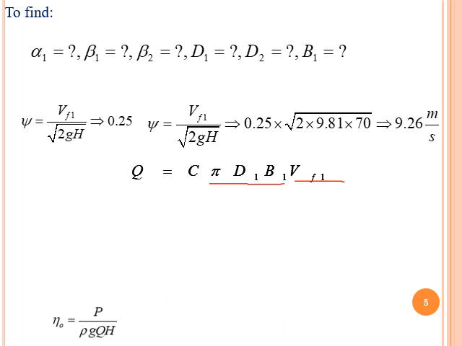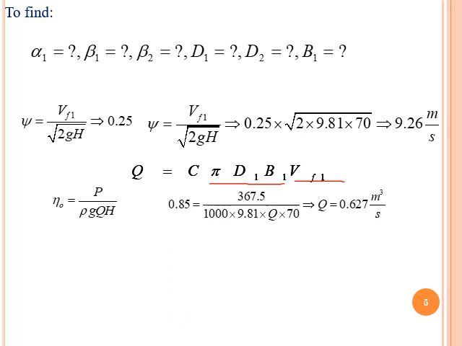Now substitute here, in this one the Q is unknown. The Q is calculated by using the overall efficiency expression. The overall efficiency is equal to the ratio of power developed to power available at the inlet of the rotor. So that is ρ g Q H. The overall efficiency value is given, so that is 0.85, and power is equal to